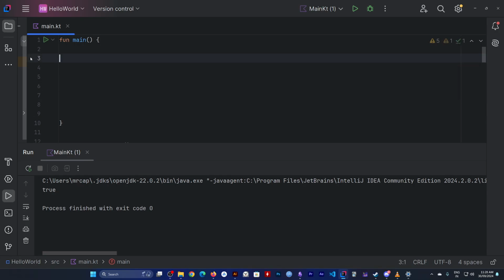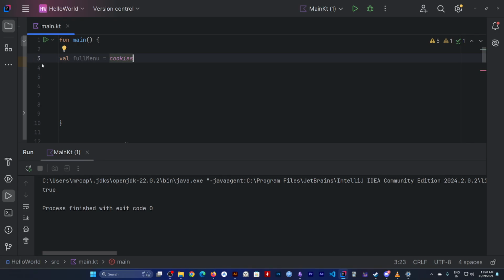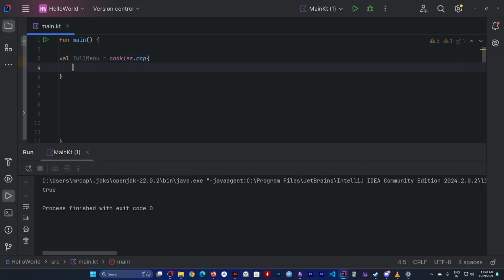Let's get over it. So they call it full menu, right? We're going to use the cookies and map. We're just going to return the names. So name,